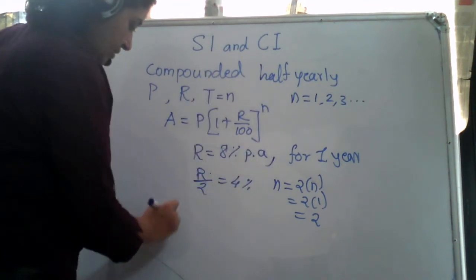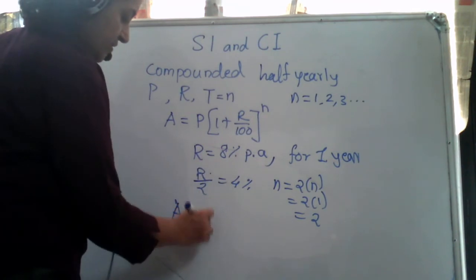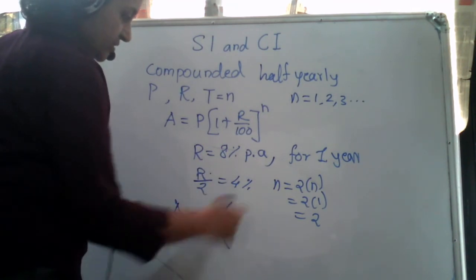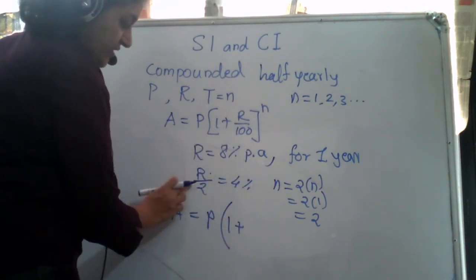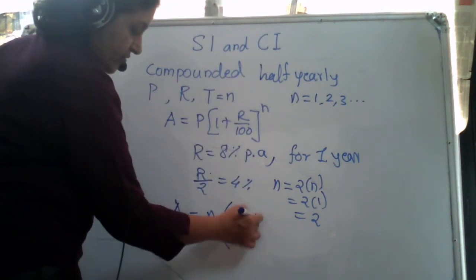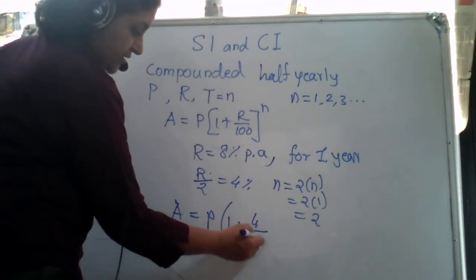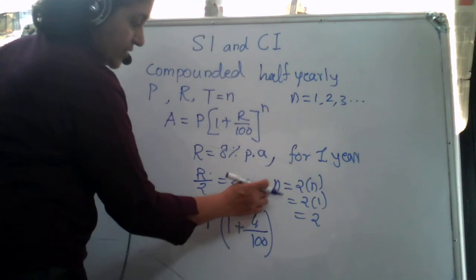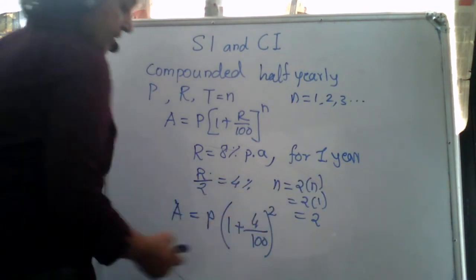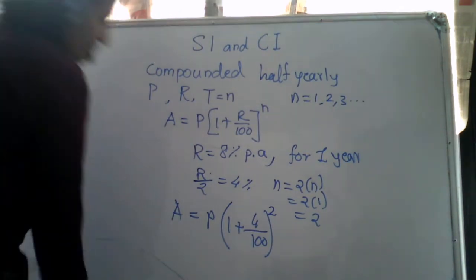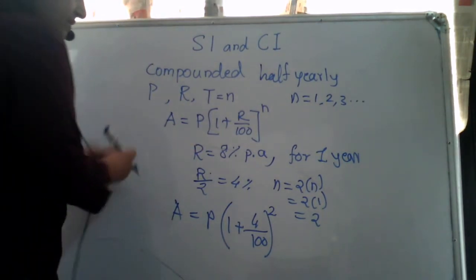Now in this case, how will you substitute? A is equal to P will be as it is, means let us take it as anything which you prefer, as 1 plus. Now this R is replaced by R by 2. That is what? 4%. You may not write percentage here. 4 upon 100 to the power n. N is what here? 2n. It becomes 2 here. So that's why some of them give the formula for half yearly compounding as,